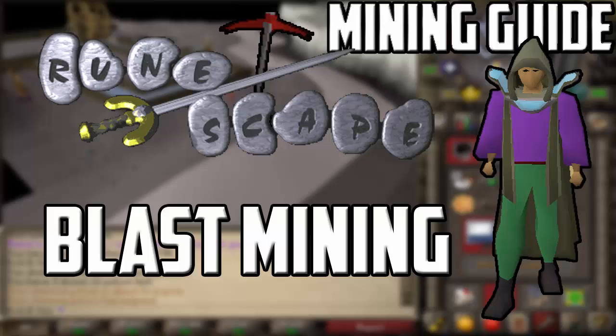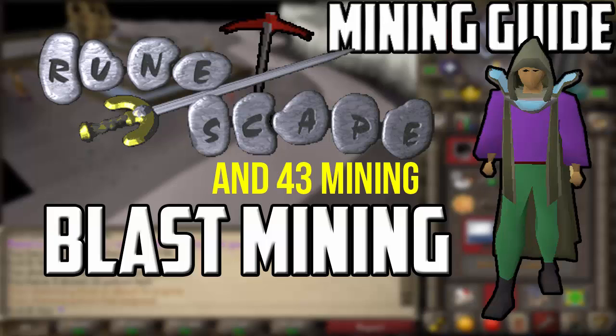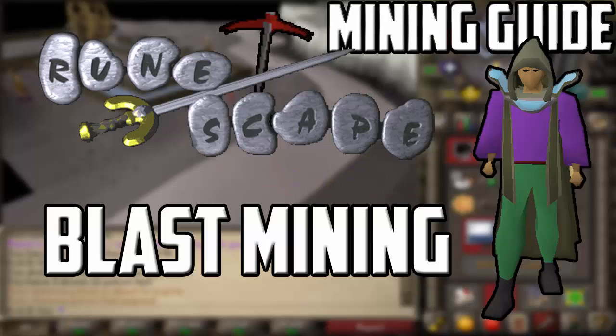Today I have a mining guide for you. This one's going to be on the blast mining. It can be found in the Lovakenge. In Zaya, you require 100% favour to go into it, and I'll be explaining shortly how to obtain that favour,